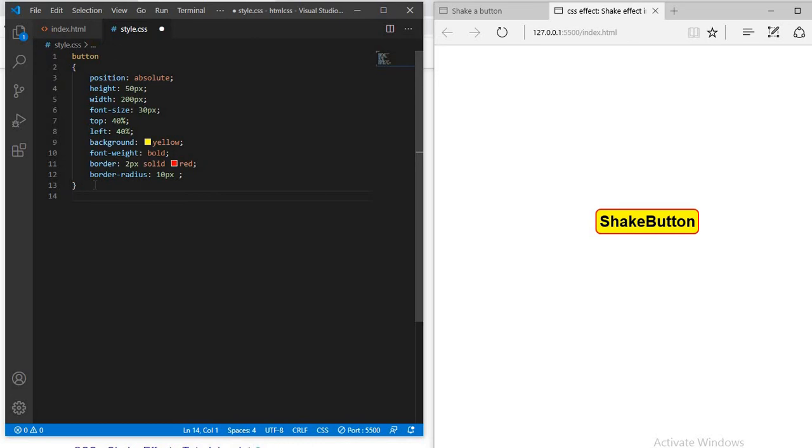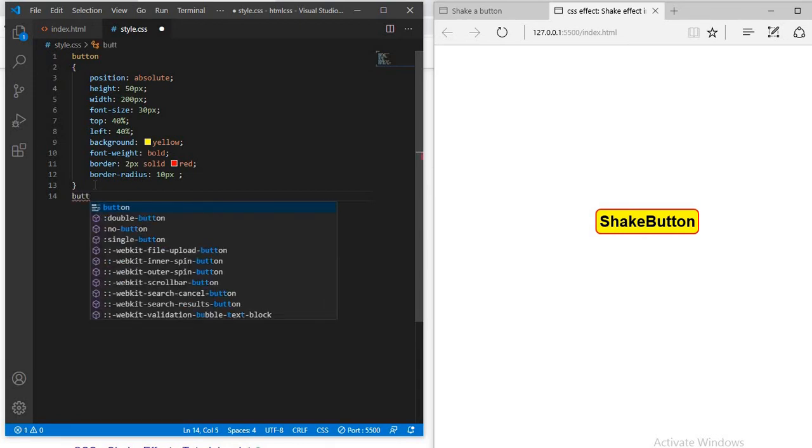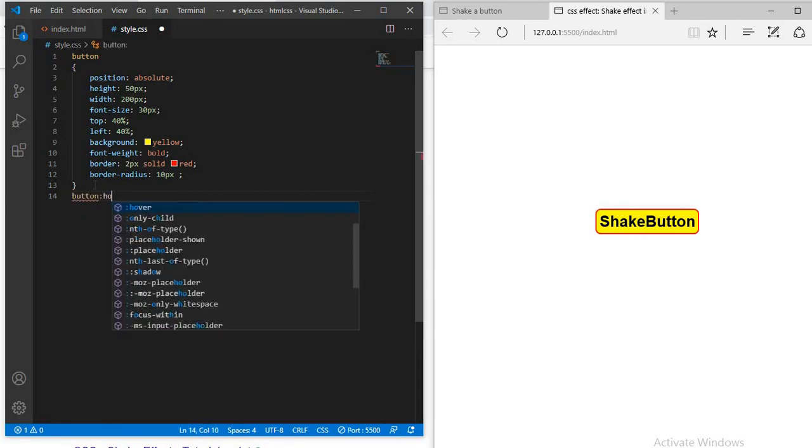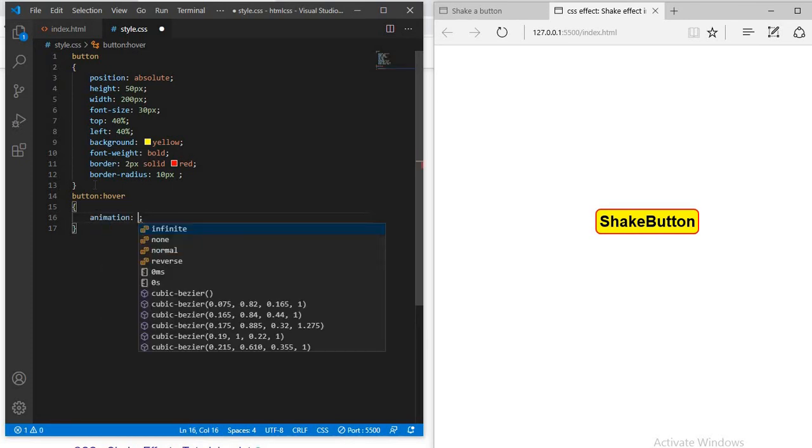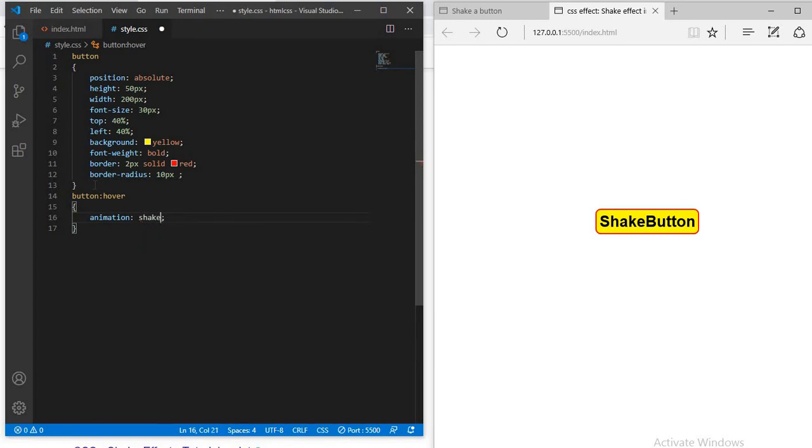So now I will apply the hover effect in this button, hover. So I will apply animation in this effect, animation shake 5 seconds. So the button will shake for 5 seconds.